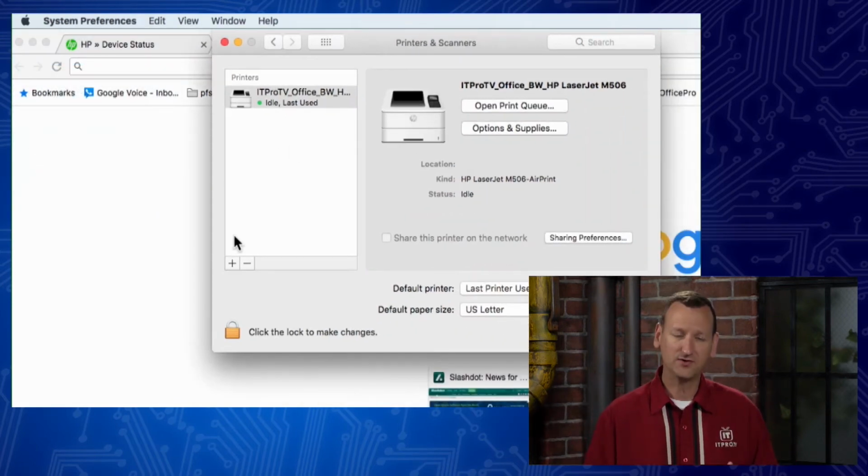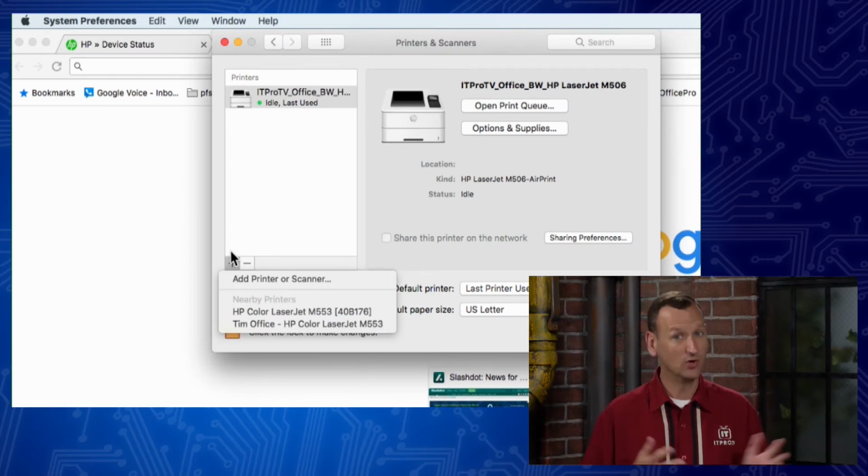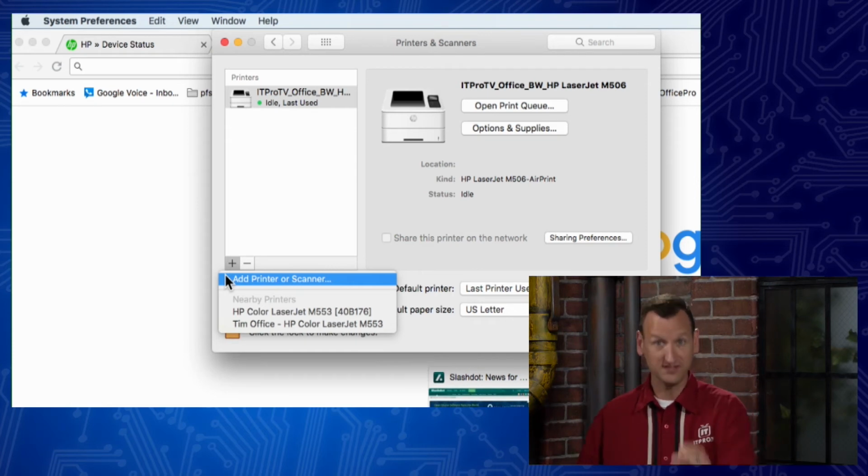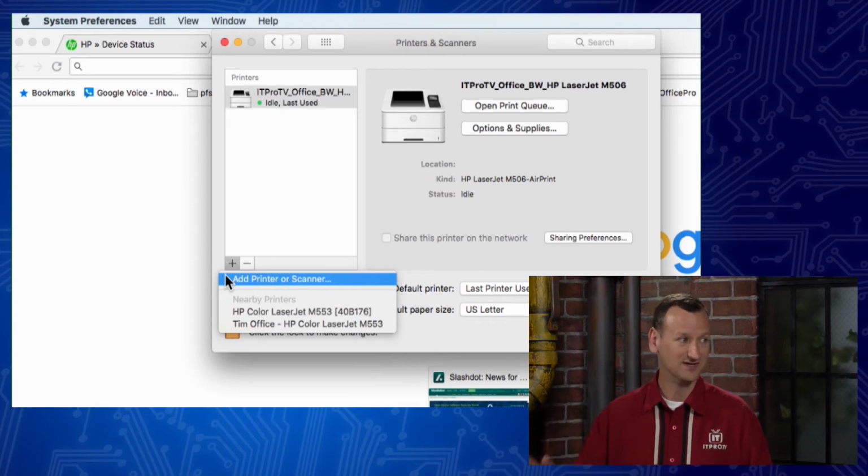And a lot of vendors like Apple and Microsoft and most of the Linux distros that are out there will automatically try and get the right driver for the hardware. They might even already have the right driver on the system in place. And Windows is like that a lot of times. Apple does that with HP, with other vendors not so much. So it just depends on your operating system. But you might find that you can connect, and again, you don't have to worry about a driver. There is a driver, but you don't have to worry about it. The system's already figured it out, and it's talking via the network.